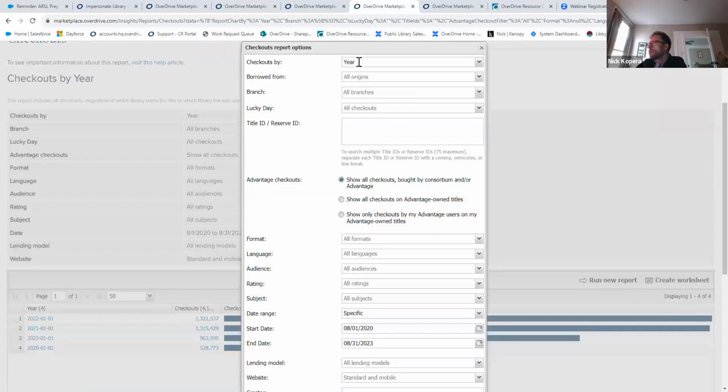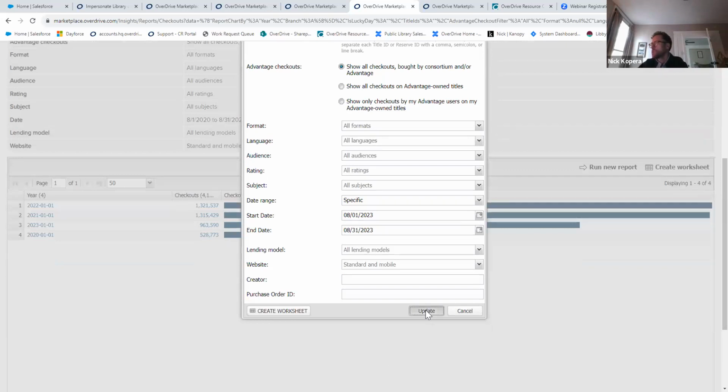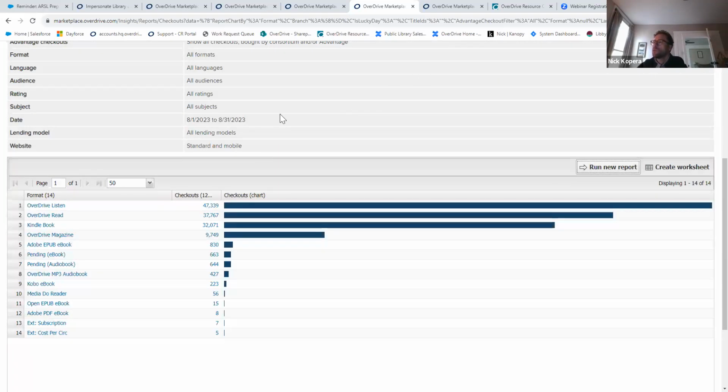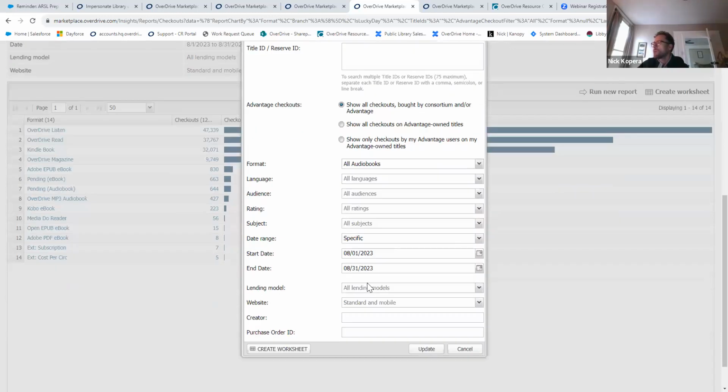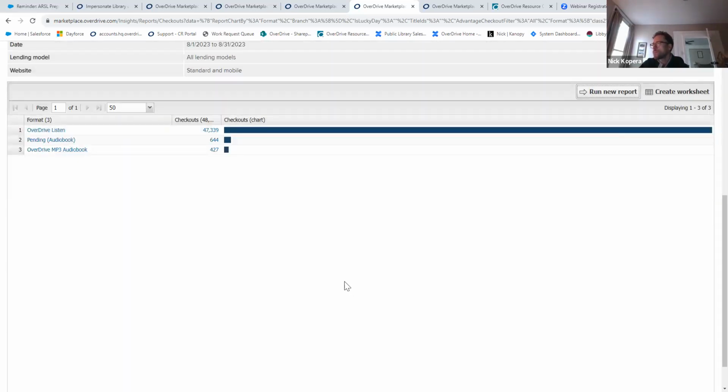The format, as you can imagine, if let's say I want to just look at August, what is the split of audiobook versus ebook checkouts? This is going to break it down into specific formats. If I wanted to get whole numbers for ebooks and audiobooks, you can actually combine these. So if I want to do all audiobooks first, this will show me the 3 different audiobook formats. It'll also give me that total there versus